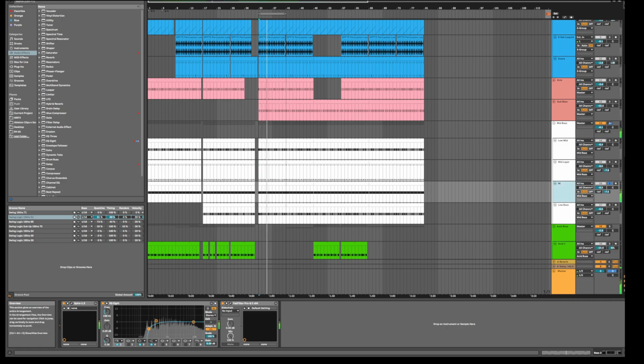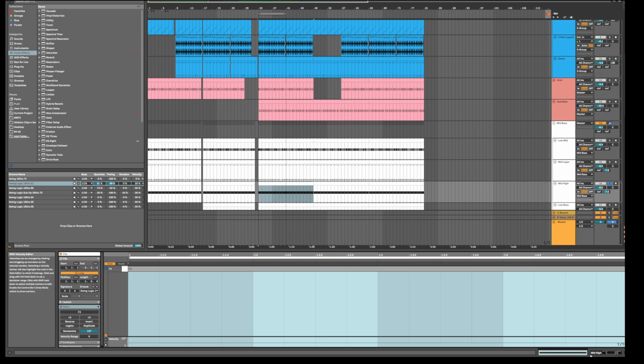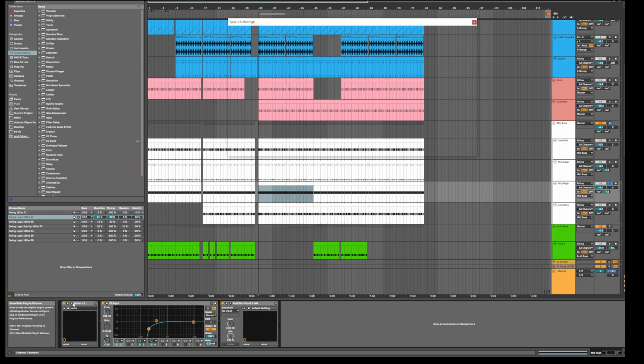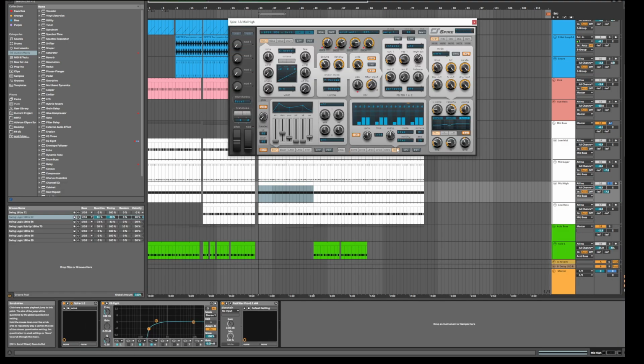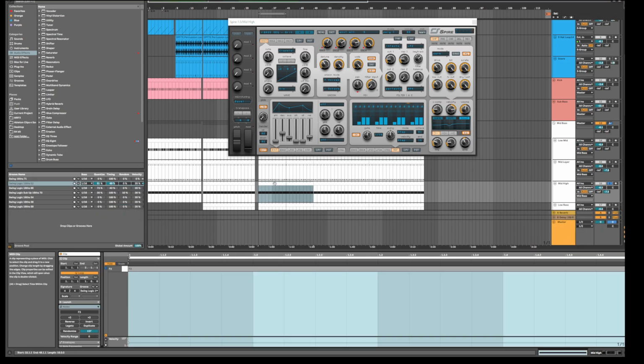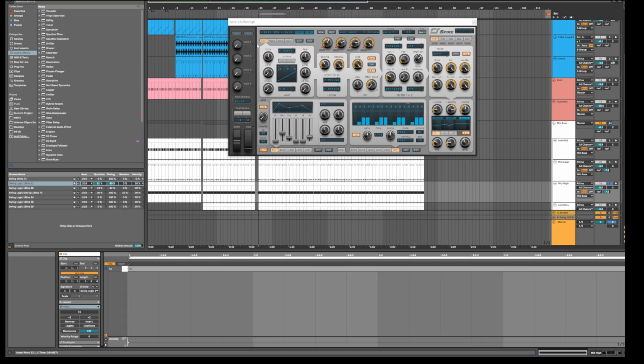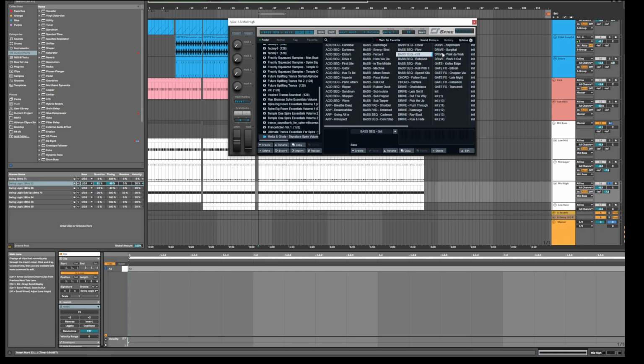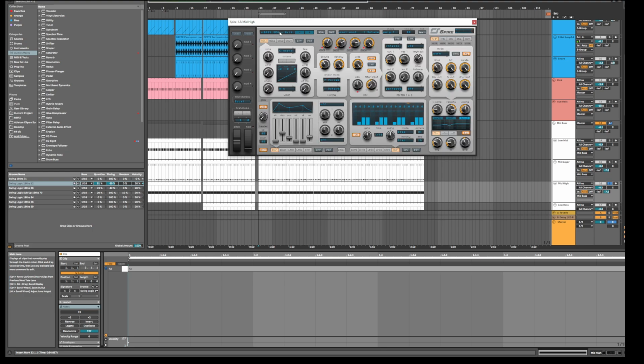I would call this a mid-high layer. Notice how each sound is different. Now, in this one, I've programmed it into the arpeggiator here. The way you do that is you just draw one straight long note. I've used this patch called bass sequence. So there are sequences already programmed into Spire. Then you use the arpeggiator to create the